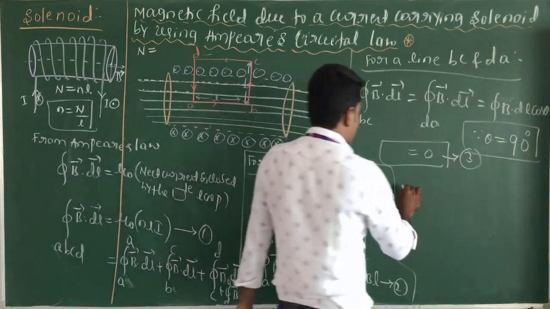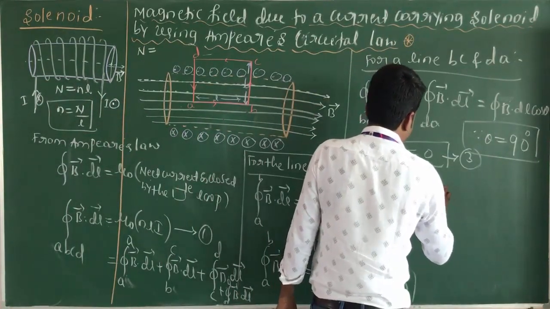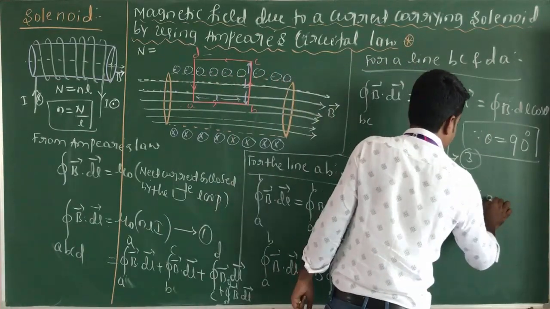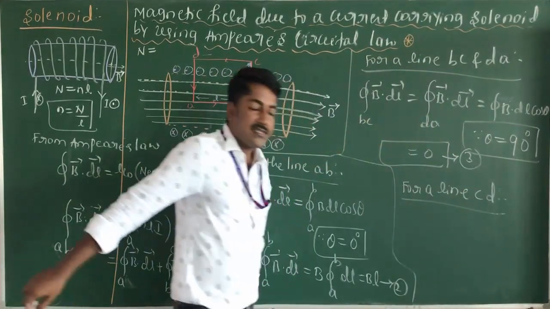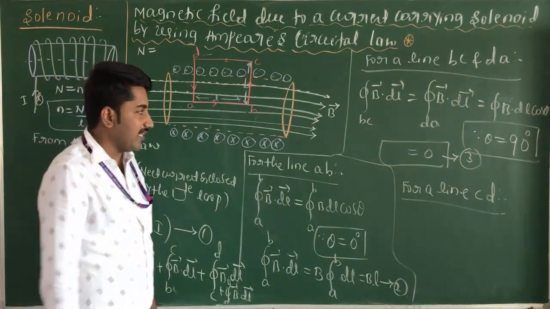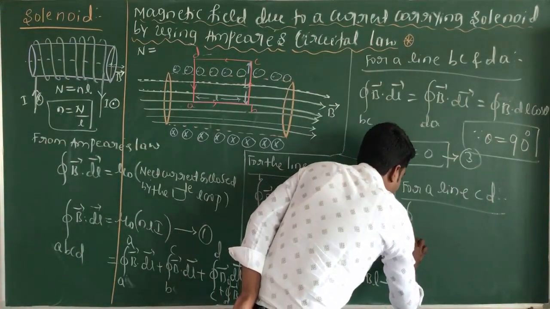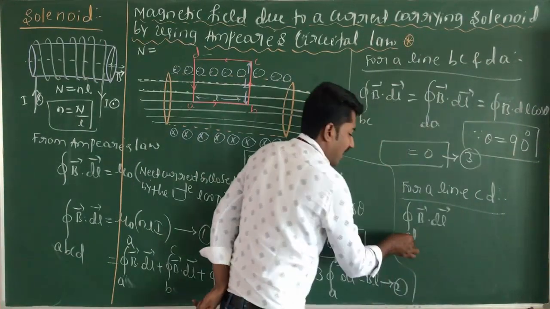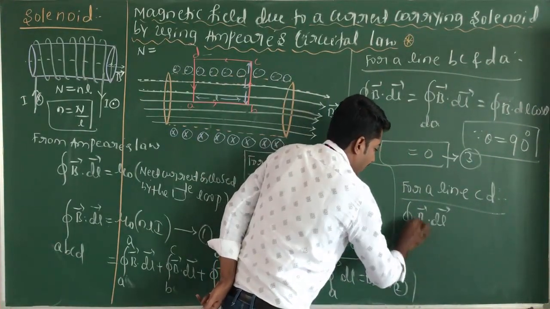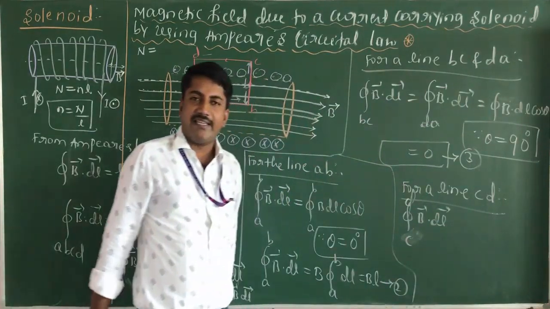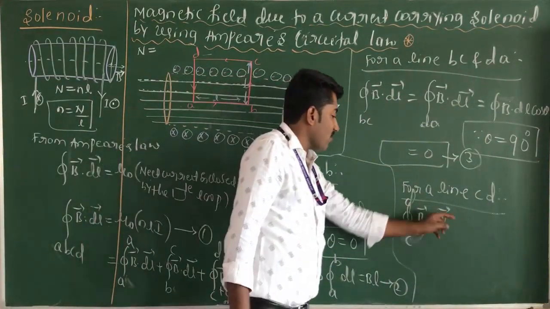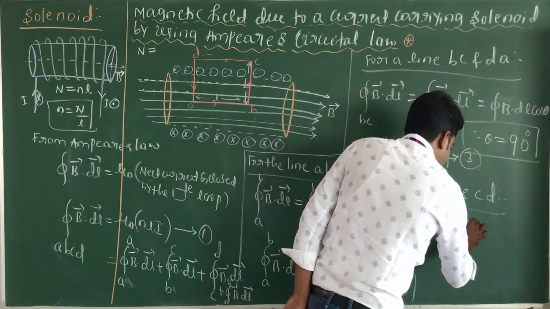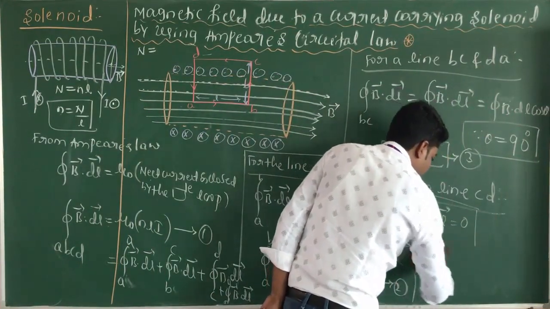And the next one is for the line CD. For the line CD, here the line integral of C to D, vector B dot dl, is equal to 0,